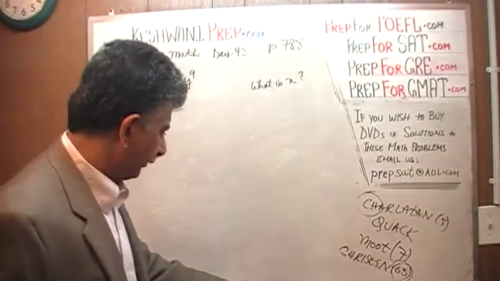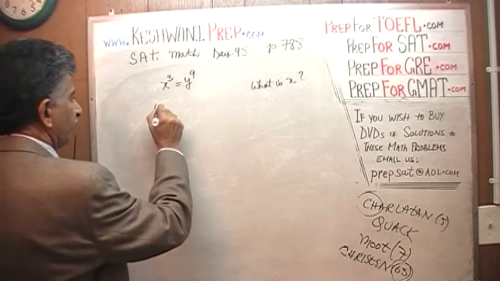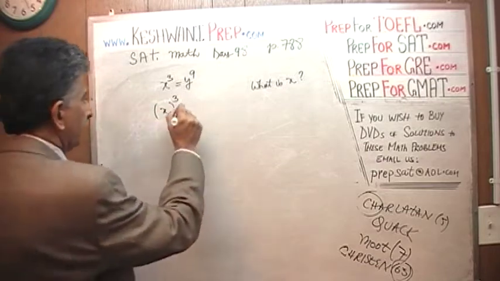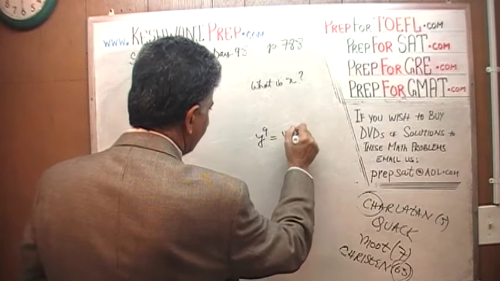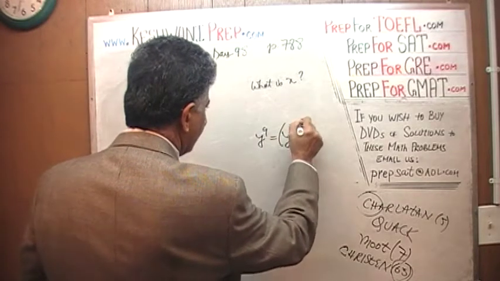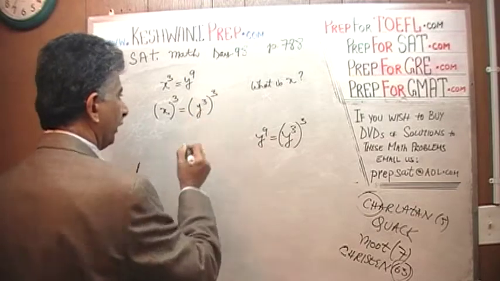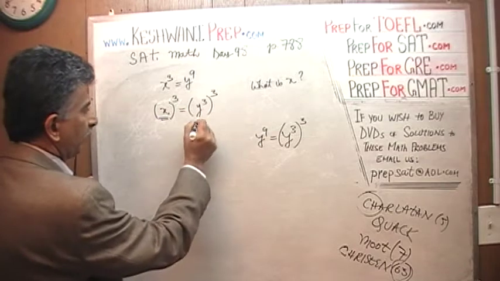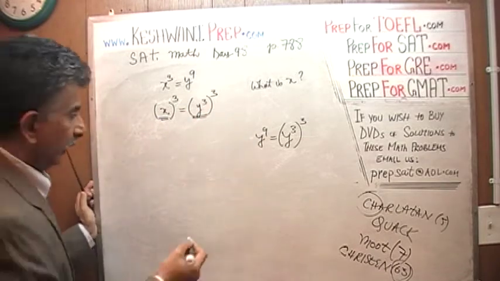But the very first thing we have to understand is that this x cubed can just as easily be written as x inside the parentheses with the cube outside, and then this y raised to 9 can very easily be written as y cubed raised to the third power. So now we have a quantity here in the parentheses which is raised to a third power, and we know that